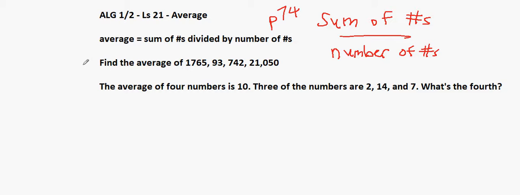First one is review. Find the average of a set of numbers. How many numbers? That's key to finding it. That's the number of numbers, and that's going to be on the bottom. Be careful, this is all one number. So there's 4 numbers, which means our bottom number is 4. What's our top number? The sum of all these numbers added up. You can use your calculator. The book tells me it's 23,000